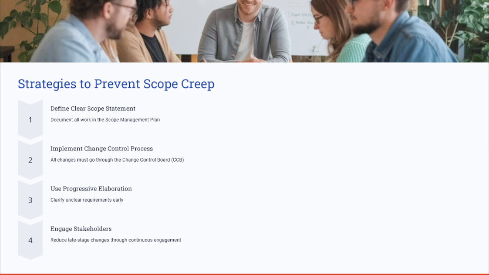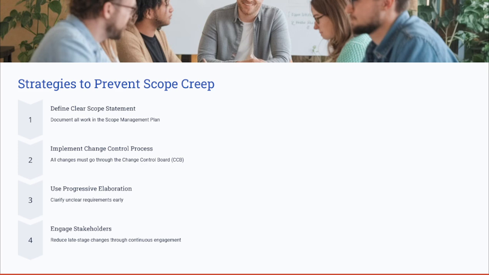To put it in steps: when you start working on a project, ensure that you define a clear scope statement so that all of the work is documented in the scope management plan. And if there are any requested changes, ensure that you follow the change control process,